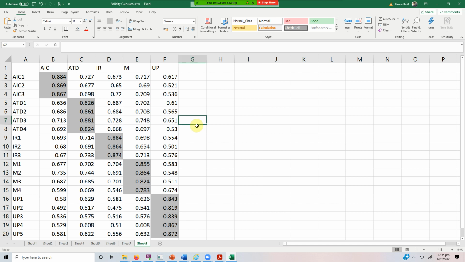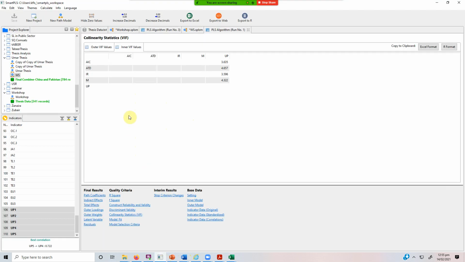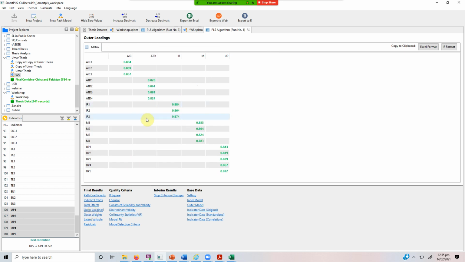loadings and cross loadings. Now, what if your square root of AVE is low? There might be a case that your square root of AVE is low. This one is low, lower than all the other values. Then we'll go to outer loadings and see if our outer loadings are good enough. What if there is a loading that is less than 0.50 or maybe 0.40? Then you can remove the item just to improve the square root of AVE. The normal threshold is that you can remove 10% of the items. It's very important that you keep note that when you are preparing your questionnaire,